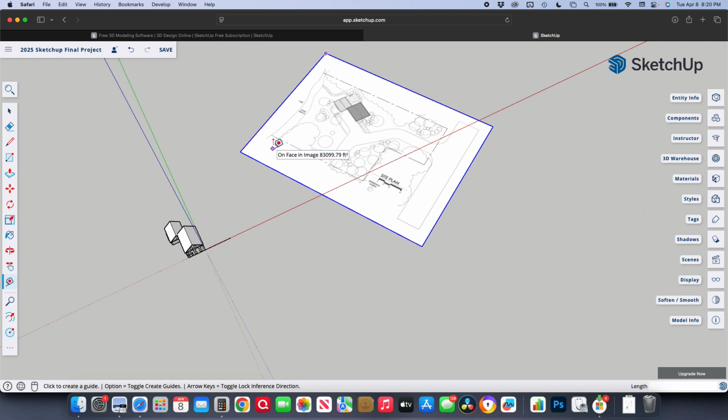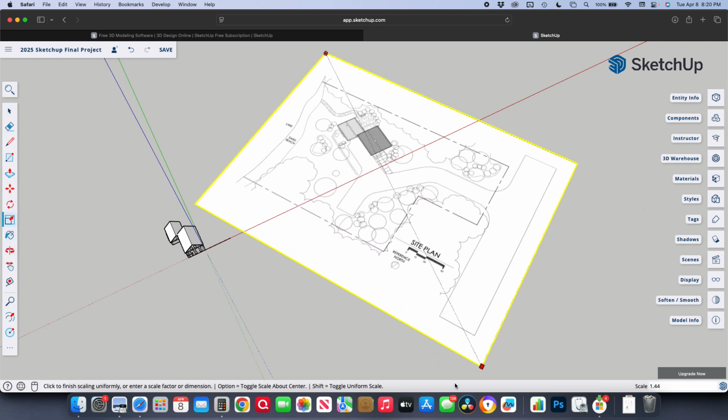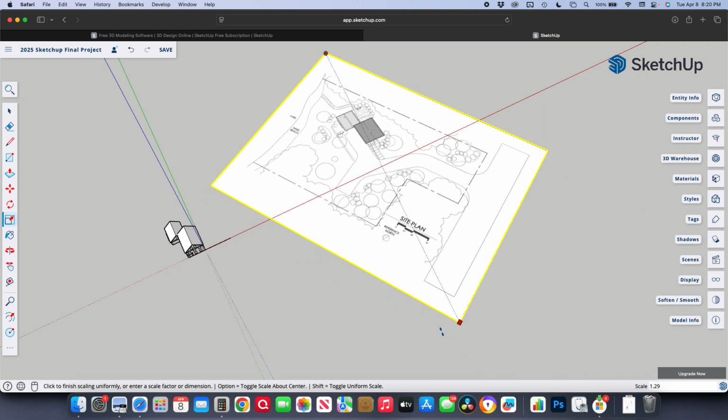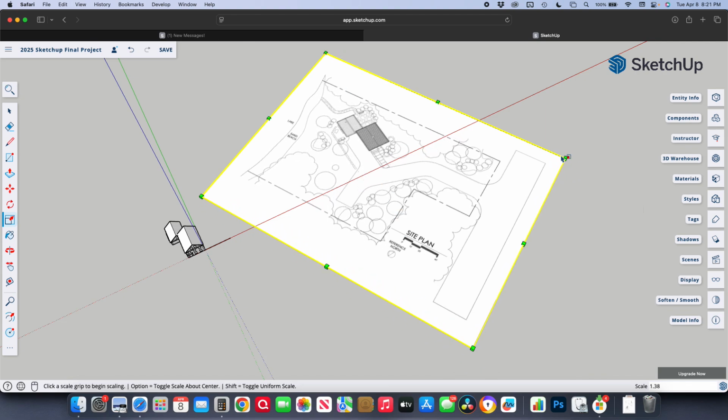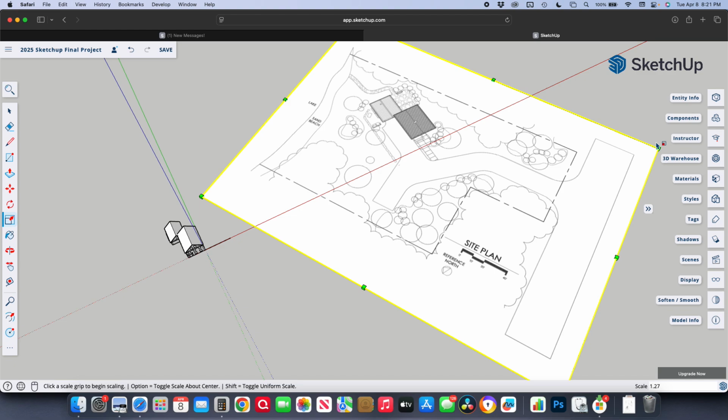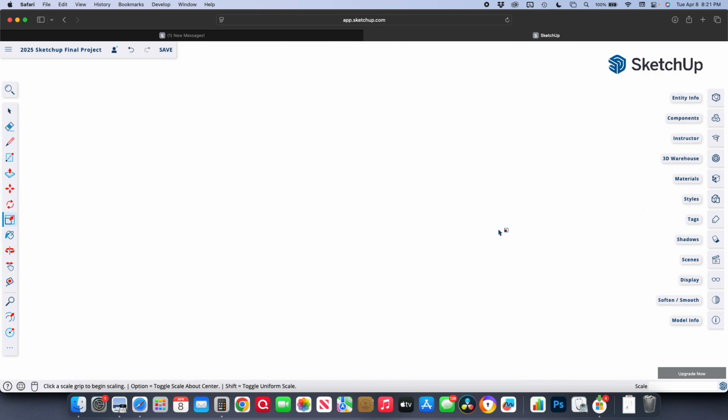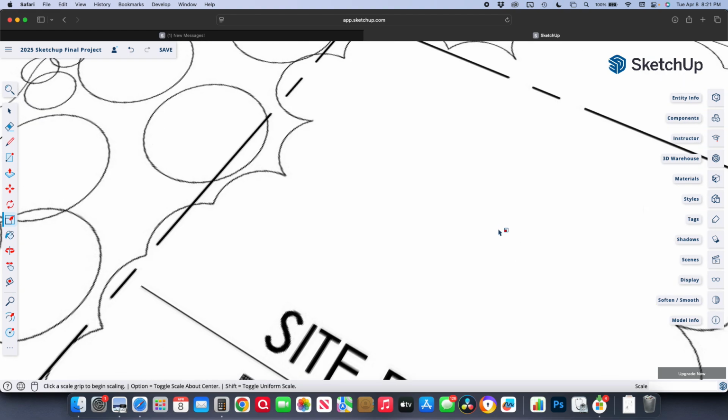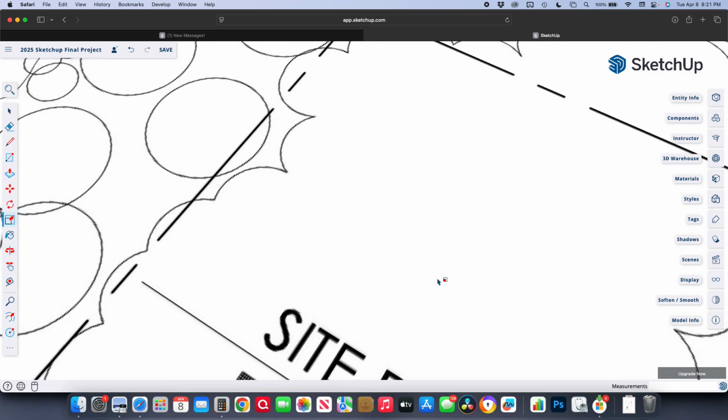run through it, because this can save you a lot of work, and you need to somehow get a site plan in SketchUp to trace it, to see where your trees are, to see where the road is. All right, now that I've got it the size I want, I'm going to go through the size thing again. Let's say it came in and it was too big. I just made it too big. So then I zoom in on the scale,